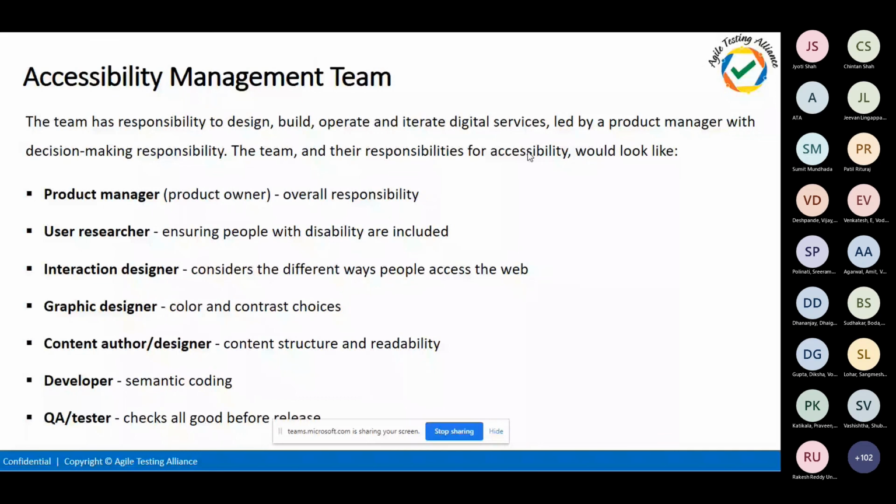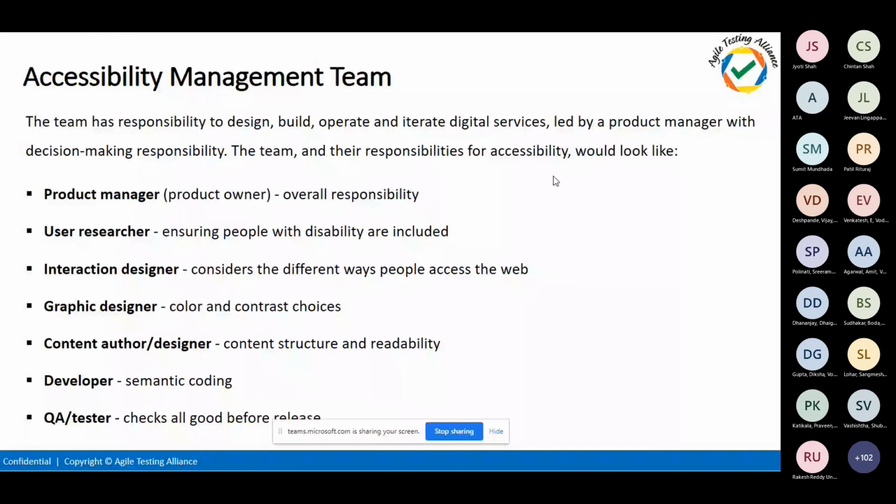So you need to do lots of user research, like invite blind persons and try to use a screen recorder and get the usability report, like how they are performing and other things, and get their feedback and try to improve your websites. The team should consist of designers and graphic designers for other things, and of course a developer and a QA. So as a team, you should have these to get it delivered properly.